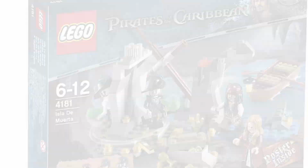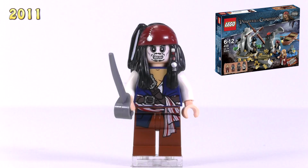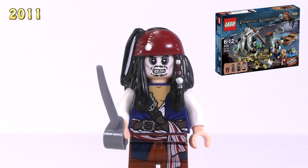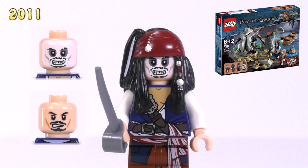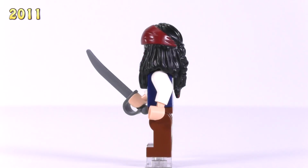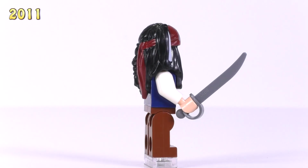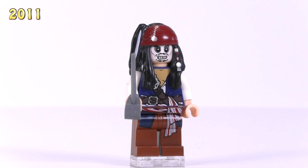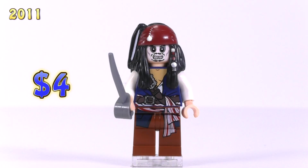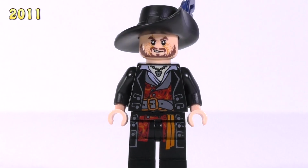Let's start off with the very first guys from the first set, and we're going to be starting off, of course, with Jack Sparrow, and what makes him unique is this alternate expression that has his white face. So because of that, he is exclusive to just this set, and he's got a specially molded headpiece that shows off his hair, and pretty decent printing that goes down the front and back of the torso and also bleeds a little bit over onto the legs. He is $4, and next is Hector Barbossa, and he feels super complete with the printing for the long tailcoat